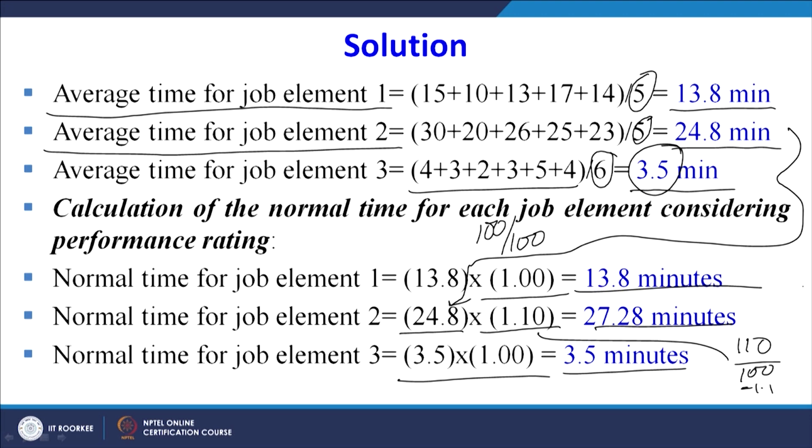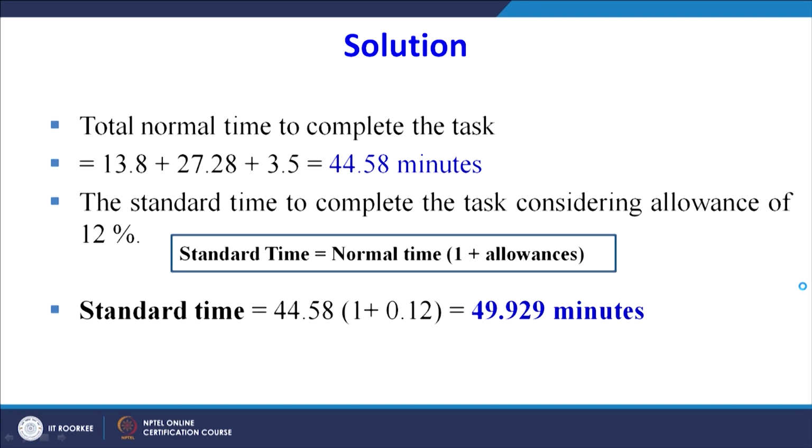Now we need to account for the allowances, which are given as 12%. So for the total time to complete the task, we can see the normal time is 44.58 minutes. So the total normal time is 44.58 minutes. The standard time to complete the task considering an allowance of 12%: we know this standard formulation, standard time is equal to normal time into 1 plus the allowances. So standard time is 44.58, which we have calculated as the total normal time, multiplied by